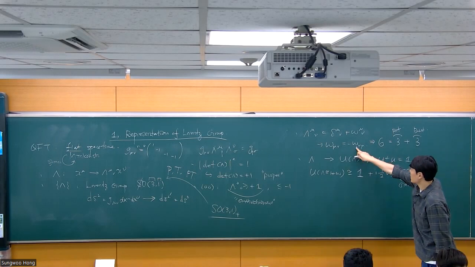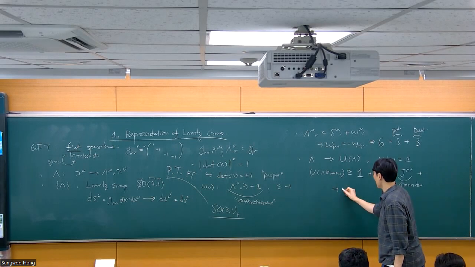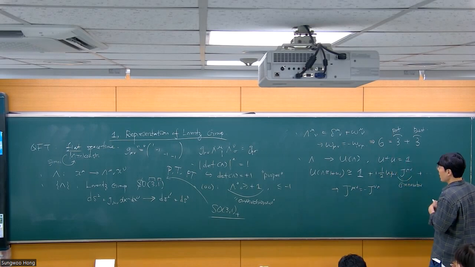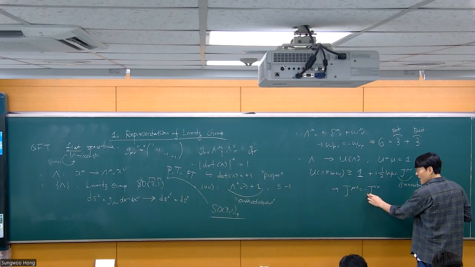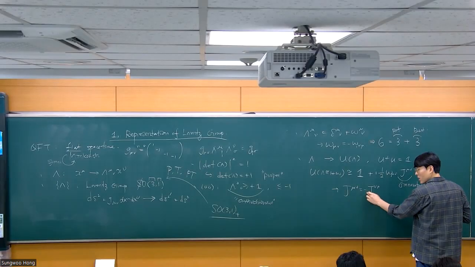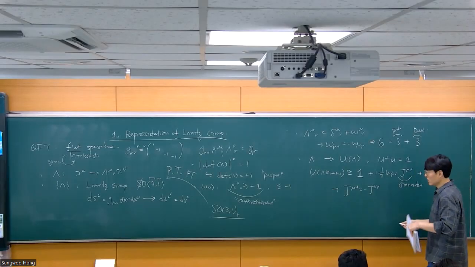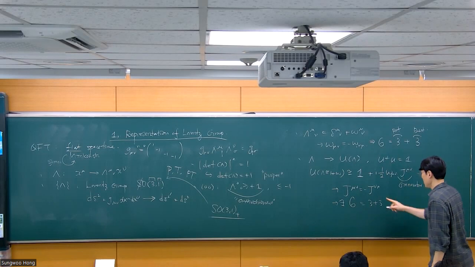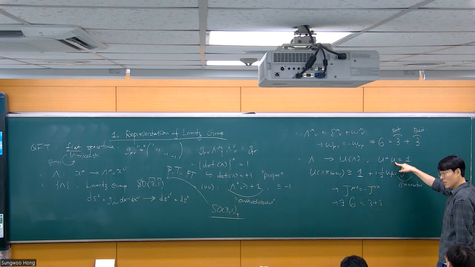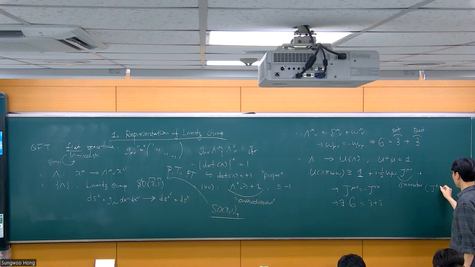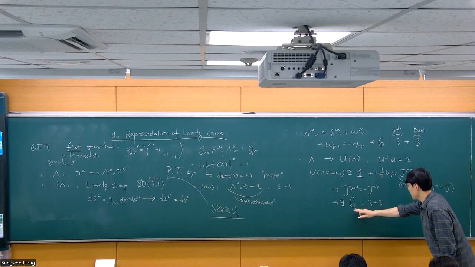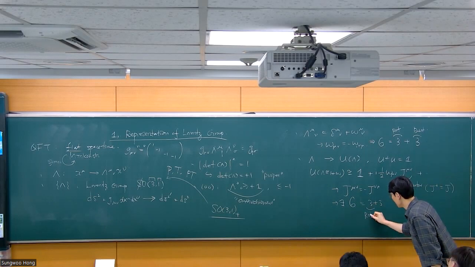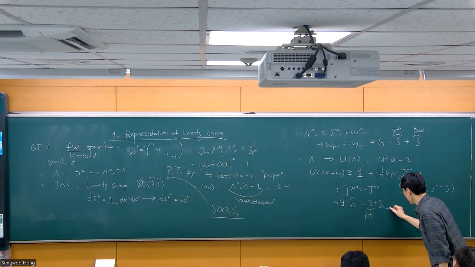Once again, because of this antisymmetric property of omega, one can show that J also has to be antisymmetric, obviously, which means that we have 6 independent Hermitian generators. There are 6, which is again equal to 3 plus 3, and Hermitian because of the unitarity of U. So they are all Hermitian. There are 6 Hermitian generators, and then there are 3 rotation generators, and then there are 3 boost generators.